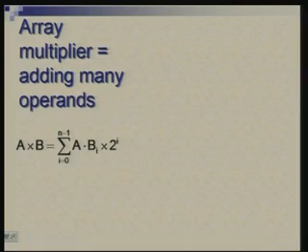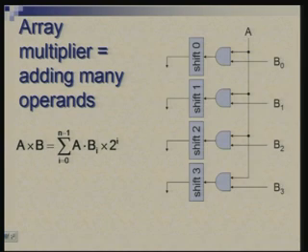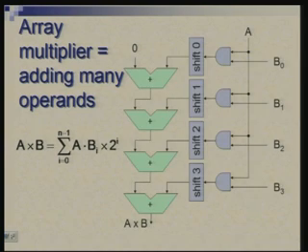Now let us move our attention to multiplication. You would recall that I talked about two different types of multiplication. One was when you put a number of multipliers and adders to add the partial products, and the other was when we did this iteratively using a single adder. Let us look at the approach where you have a number of adders, and we do not have to go through it sequentially, because the sequential approach would mean that you have to perform addition, store it somewhere, then redo the addition and so on.